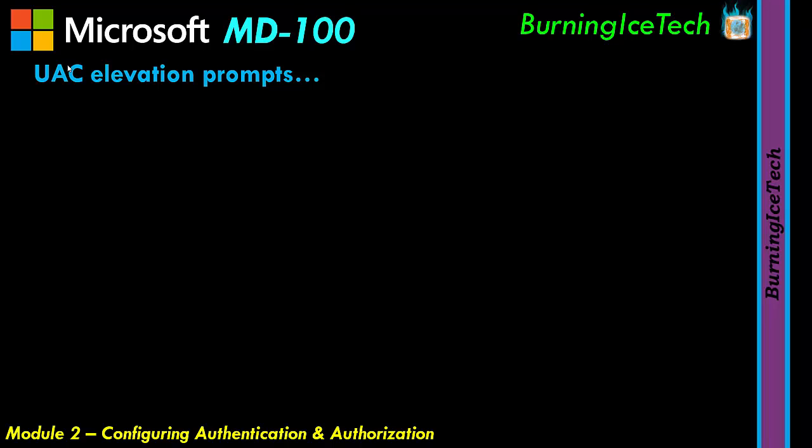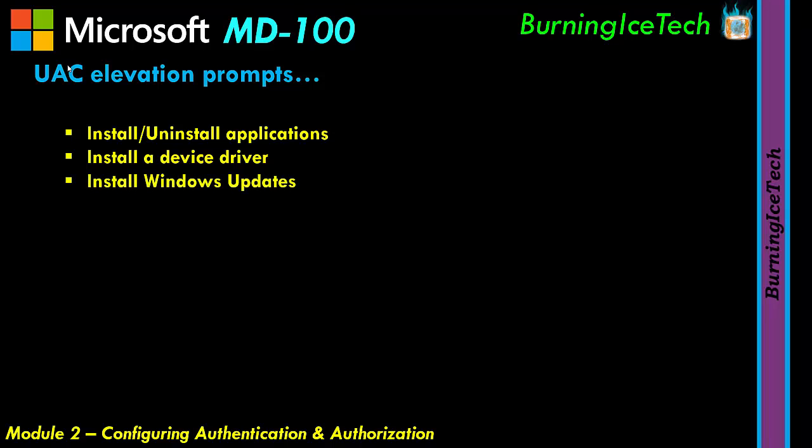So we've got things like install or uninstall an application, which I've mentioned earlier. So obviously, if you're a standard user, it's going to prompt you for administrator credentials. If you are an administrator, it's basically just going to ask you if you're sure you want to go and do whatever it is you're about to do, which in this case is to install or uninstall an application. Other things you or the administrators could possibly encounter: install a device driver, install Windows updates, configure